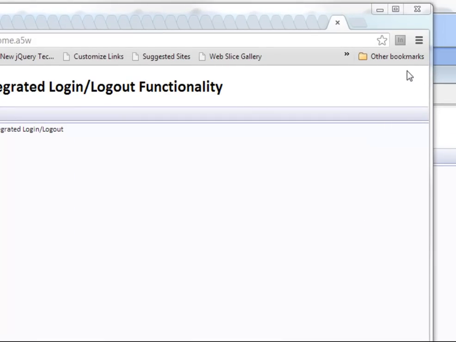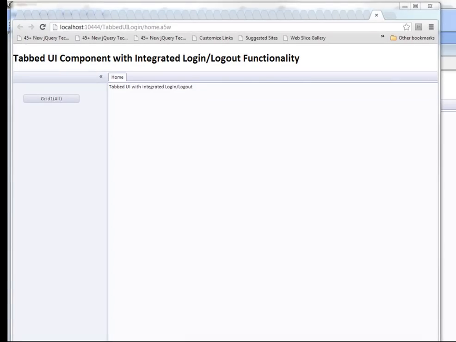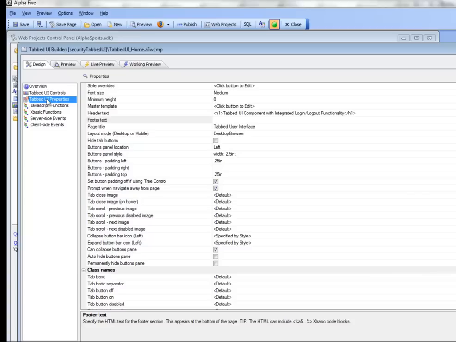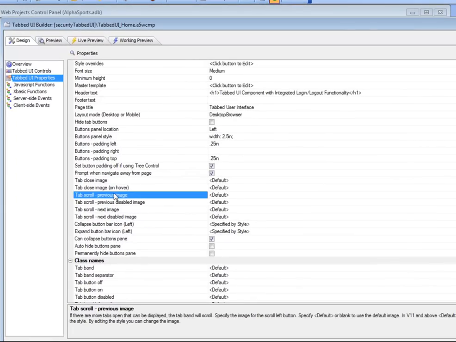to appear in the top right hand corner over here, and then after the user logs in, a message indicating that the user is currently logged in. So let's go back to the tabbed UI builder now and see how this can easily be done in version 12. So back in the tabbed UI builder here, we go to our properties section,